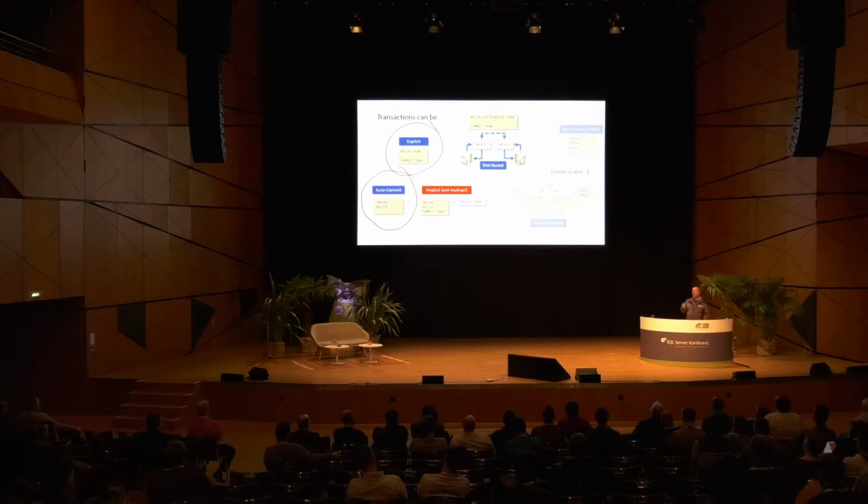We have the other default scenario whereby you have auto-commit transactions. So if you don't define a begin tran by default, then each operation is transactional in itself. So if you're doing a very large update and there's a failure, then obviously we want everything to be rolled back within that update process, which is good.